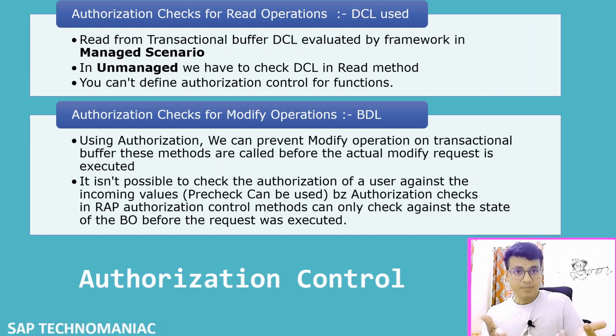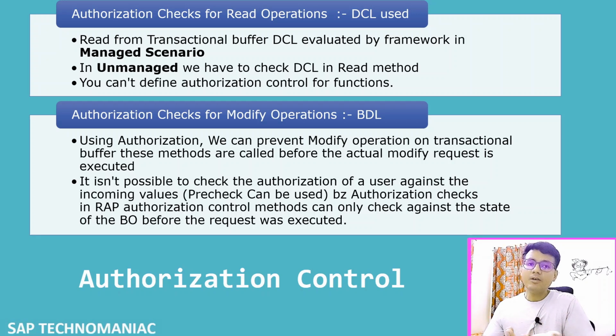We will apply the authorization check based on those values. If the user has access, then only will we go further to modify that particular transactional buffer, that particular instance. Otherwise we will stop there and give the appropriate message. So that is the reason, since it is applied on the BO, whatever the existing values on the transactional buffer, based on that